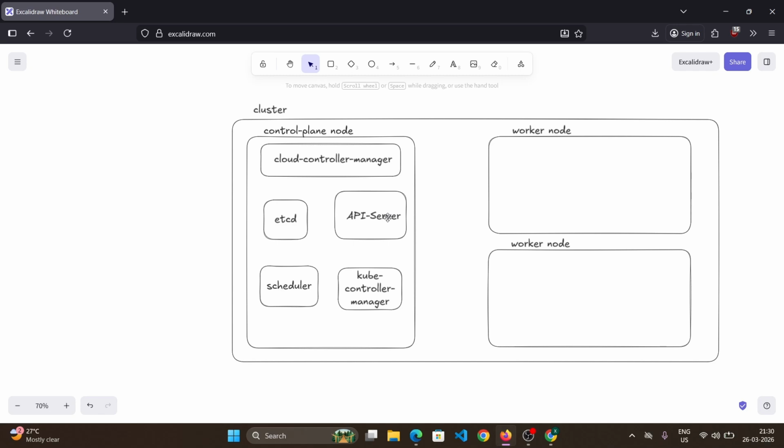Second thing, what does the API server do? It authenticates and authorizes. What do you mean by authentication and authorization? It means it will authenticate and authorize all API requests coming to this server,